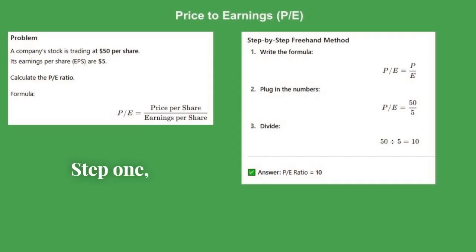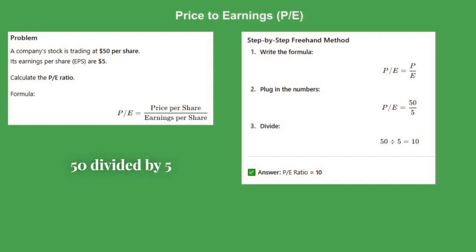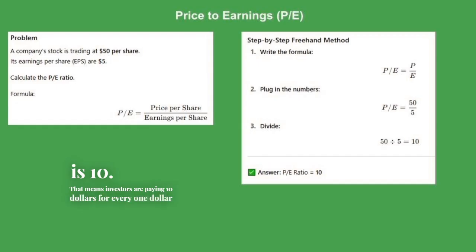Step 1, set up the formula with the numbers. P over E equals 50 divided by 5. Step 2, divide. 50 divided by 5 equals 10. So the PE ratio for this company is 10. That means investors are paying $10 for every $1 of